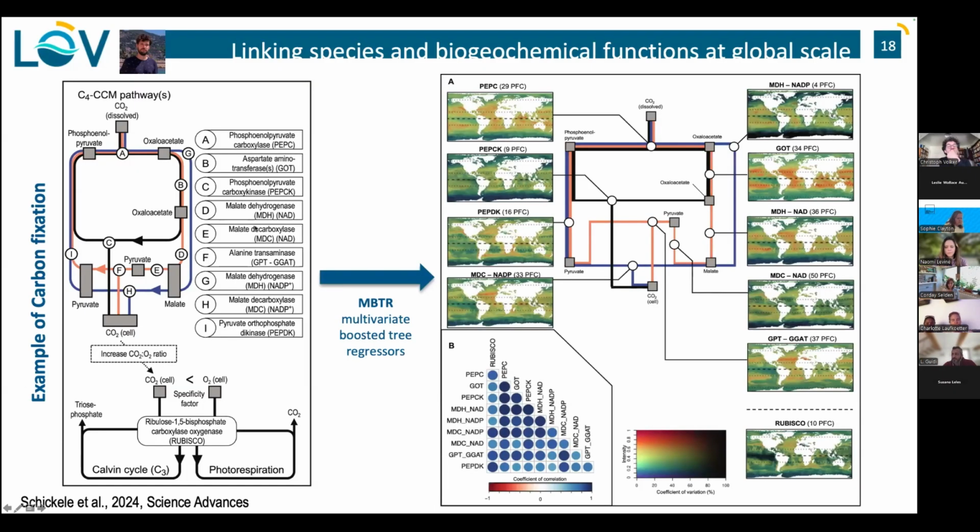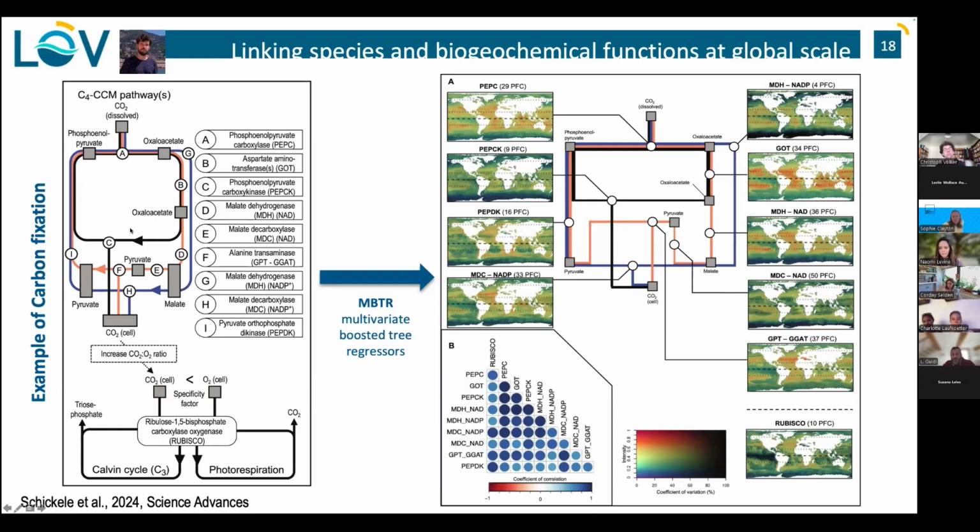So I'm not going to get into the detail, but carbon fixation can be done by different pathways, the C4, C3, etc. And what we did is we used, again, a machine learning algorithm to predict the distribution of different metabolites and pathways of the carbon fixation using some sort of a species distribution model. Except that when you look at a metabolic pathway, you have connections of enzymes in that pathway.